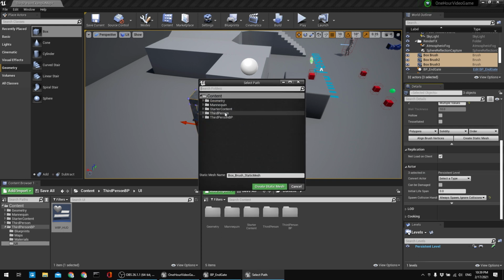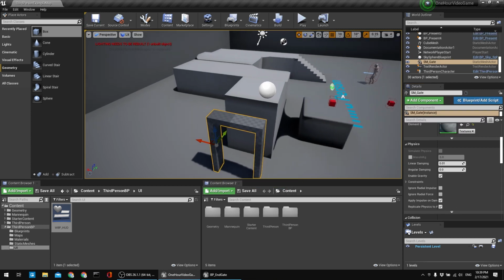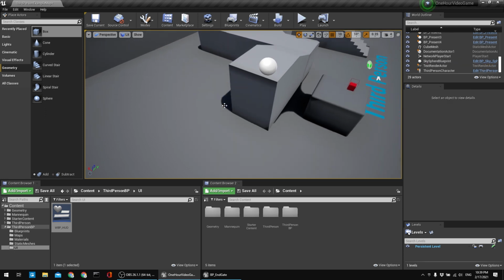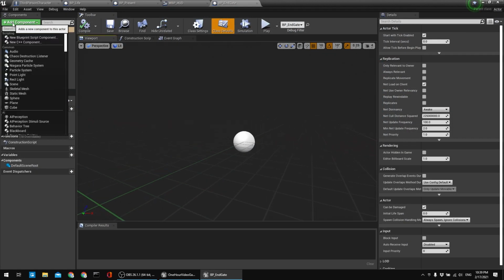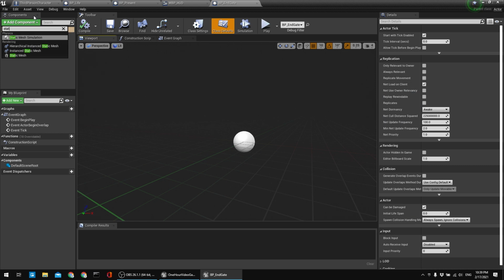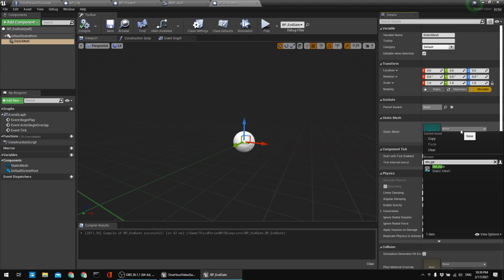Okay, create static mesh. I'm going to use this one, and I can create a new folder, won't hurt. Static meshes, and save this static mesh inside this folder, and I'm going to name this sm_gate, create static mesh, save, and I'm going to delete it from the world itself, and I'm going to place it inside our bp_endgate, and I need static mesh and sm_gate,